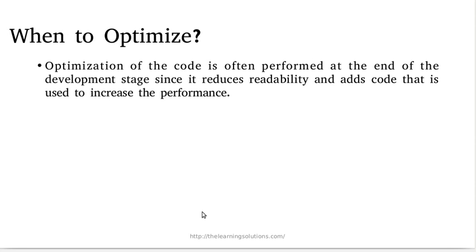Now, when to optimize? The optimization is done at the end of code development, because with optimization we are removing some of the lines, some of the statements, and we may remove some of the variables. That will ultimately result in losing the readability of the code, because the programmer is writing the code by keeping some assumptions, by following certain programming etiquettes.